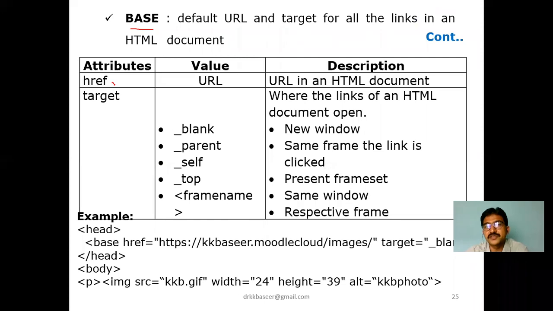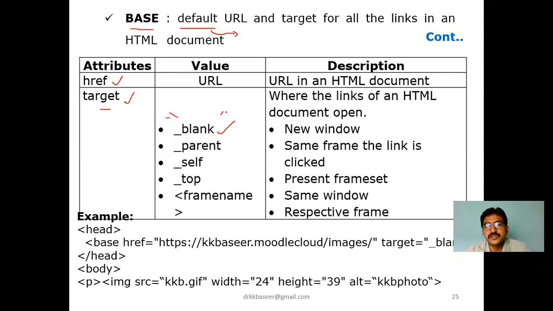And base. So base is the default URL. For base, we have attributes called href and target. Href is nothing but the exact path where the images are available. We give that href totally, so this href consists of a URL. And we have another attribute called target. The best example of target is when you click a particular link. For example, if you put a hyperlink, when you click on it, it will navigate to the next page or in the same page, based on how you write the HTML code. If you say _blank, the value is _blank, target equal to, in double quotation.